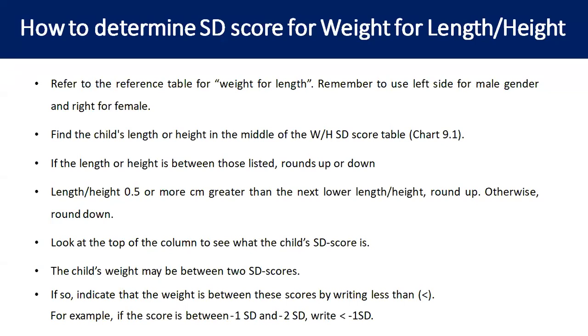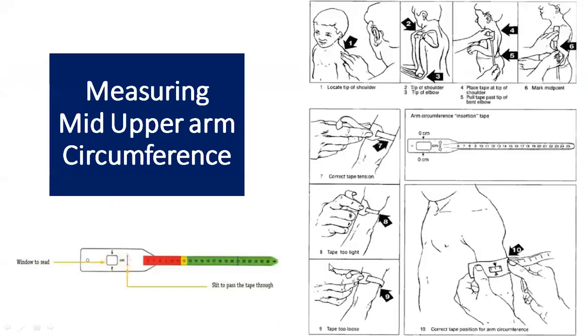The child's weight may be lying between 2 SD scores. If so, then indicate the weight is between